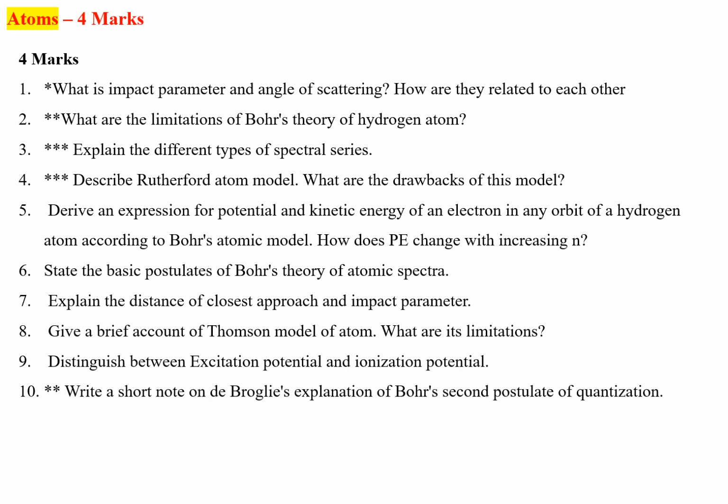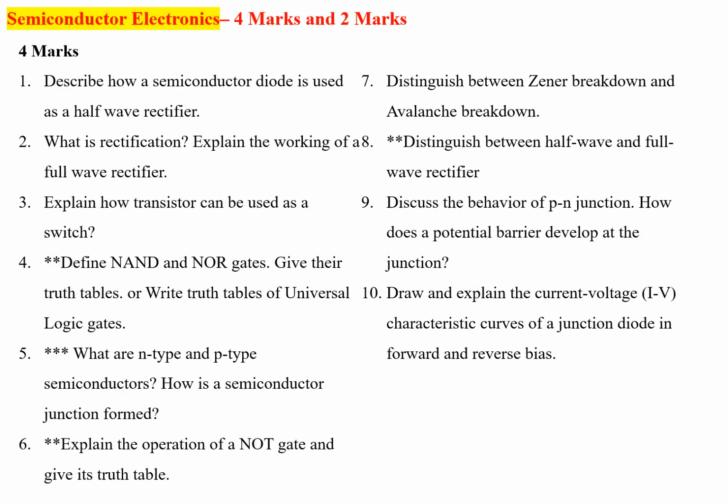Okay, now the next one is the 4 mark question from the chapter atoms. From this one, I have mentioned here three dotted lines are most important. They used to ask from this chapter. You just go through this one. This is most important question, and this one also. Second postulates. These 5 questions are most important, frequently asked questions. Bohr postulates also over here. Bohr postulates you can go through on this.